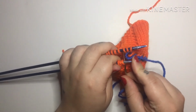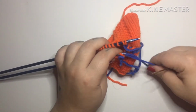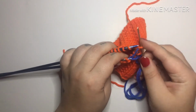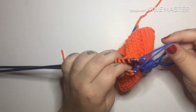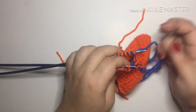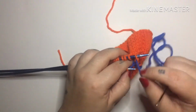Go in as if to knit, slide off, in as if to knit, keep on. Now, this is a lot similar to 1-in-1 ribbing. I did not do 1-in-1 ribbing in this video, but I will link in my blog how to do grafting with 1-in-1 ribbing, because that is also a lot of back and forth remembering. So I'm going to finish up these seed stitches,